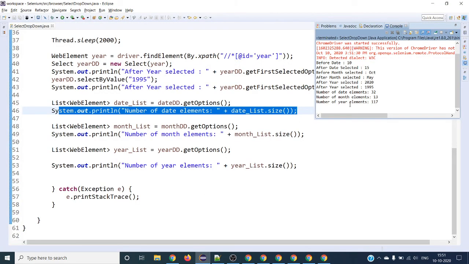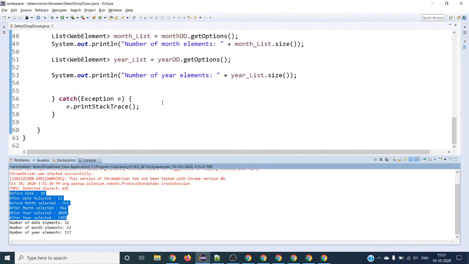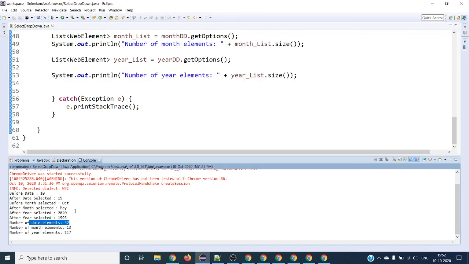Those are the three conditions we have given, and it has to return the actual and the expected one. The date we have already seen before. Now we have given the size. So the date element count should be 32. Why is it giving 32? Because it has an extra entry, day as a string, which should not be there. If we leave that, we have only 31 elements.